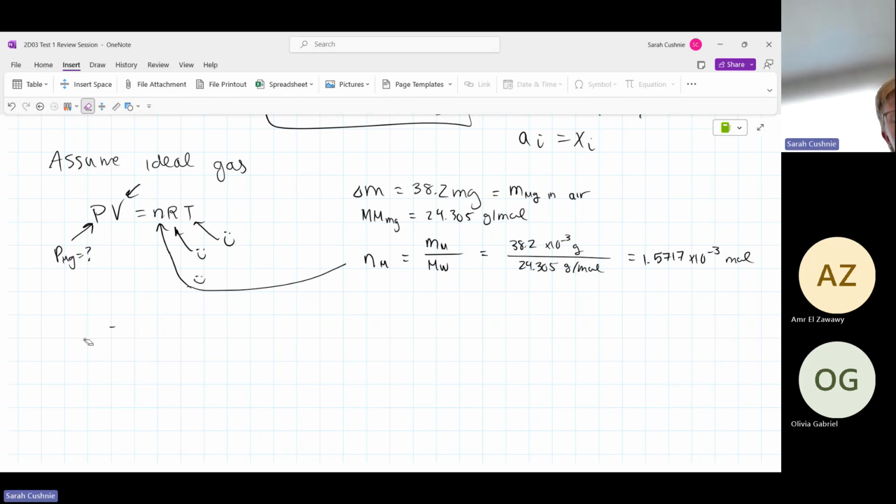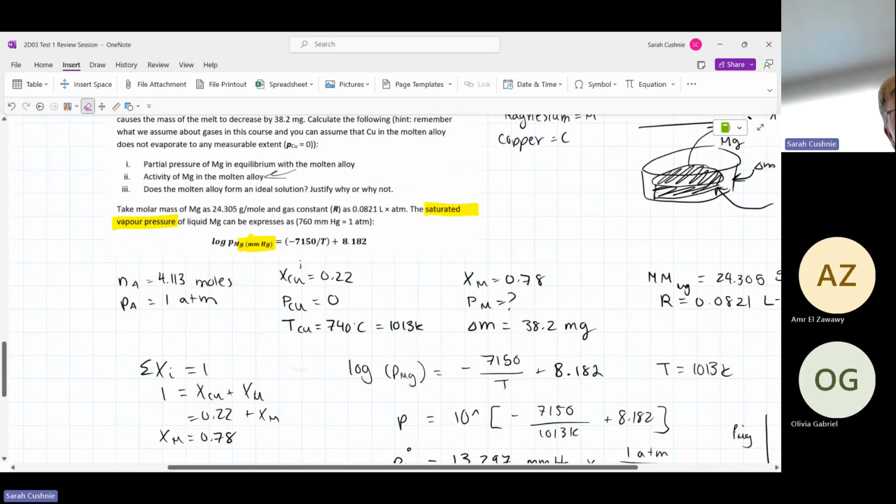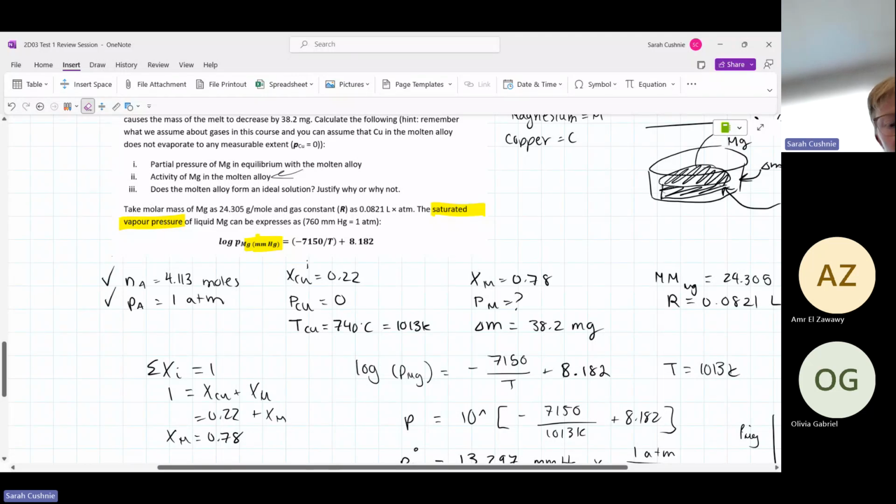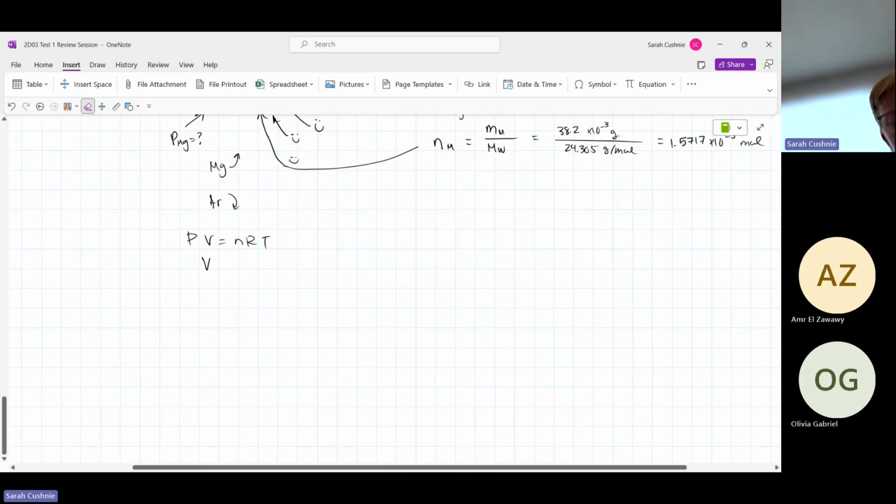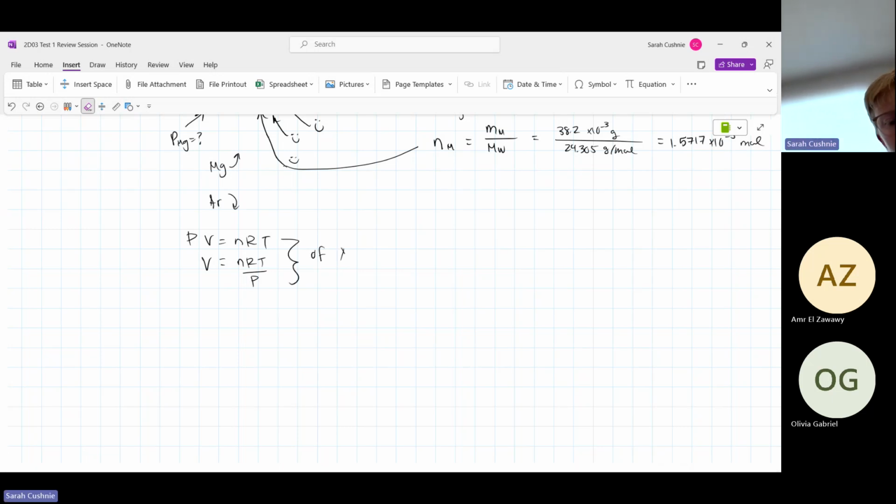So we're going to look at what other information we have. This is all for magnesium. But we know that we also are dealing with argon. We have some argon that's also going to behave ideally. PV is equal to nRT. What information do we know about argon? We know n, we know P, we know T. So we can take this and solve for the volume of that argon. You kind of see why we're doing this? My explanation, no, you don't see it. Okay, my explanation was a little all over the place.